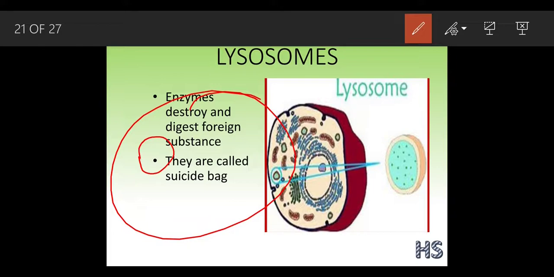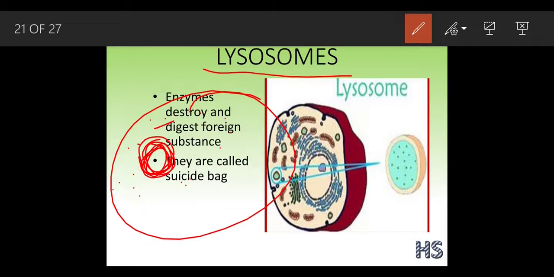Okay, suppose this is a lysosome. The wall of the lysosome is quite thick in nature. Why is the wall of the lysosome quite thick? Because during starvation, what do you mean by starvation? When the cell is hungry, okay, there is no glucose present inside this cell. So at that time, it digests the food which is present inside the cell. Suppose these are the granules, ribosomes, which synthesize proteins. So the protein which is produced by these ribosomes is digested by these lysosomes during the starvation period only.